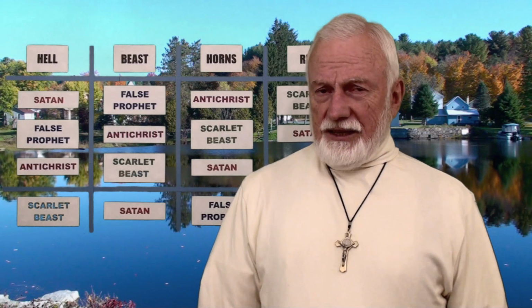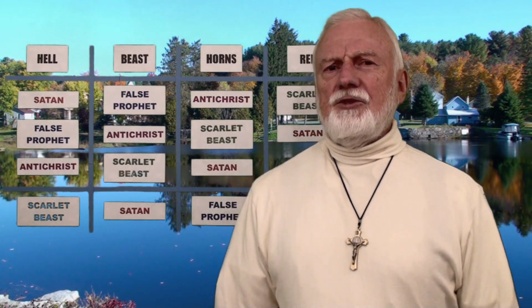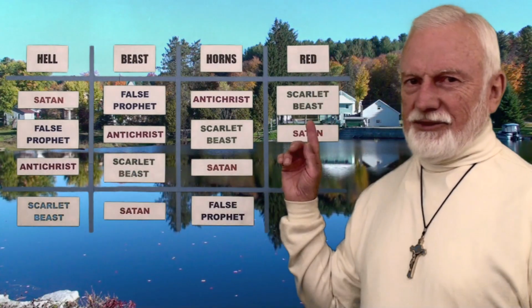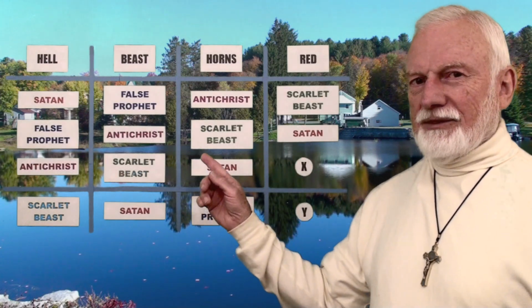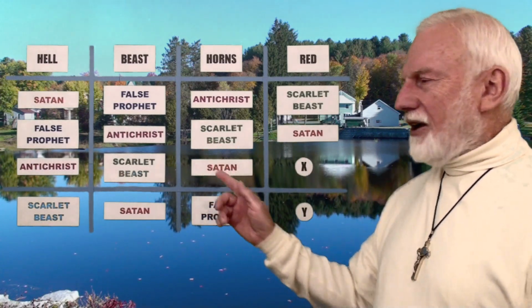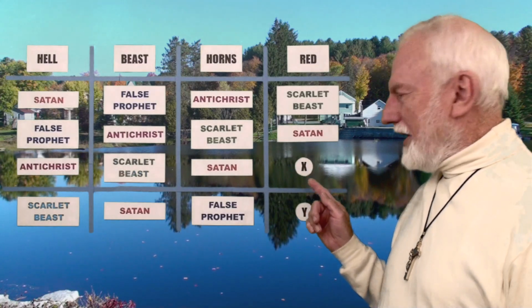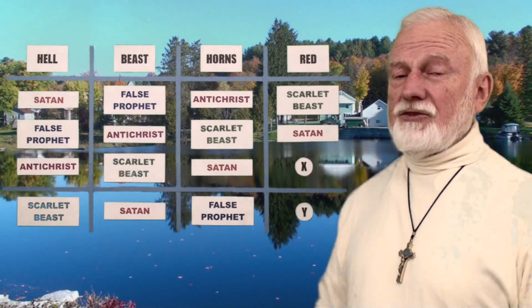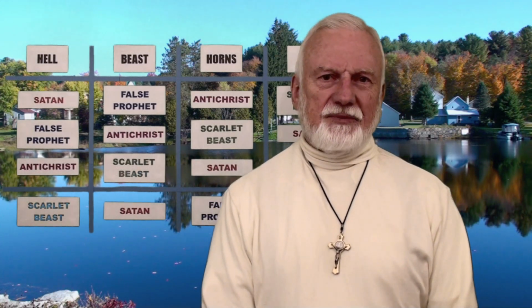What John did in the book of Revelation, in order to identify the false prophet, is to give us several mathematical formulas and a puzzle to solve. And what we have here is a puzzle. It's a mathematical equation, and what we have to do is solve the identities of X and Y. He gives us two different formulas. So let's take a look at these and see if we can find out who St. John is prophesying about to be the false prophet of these end times.